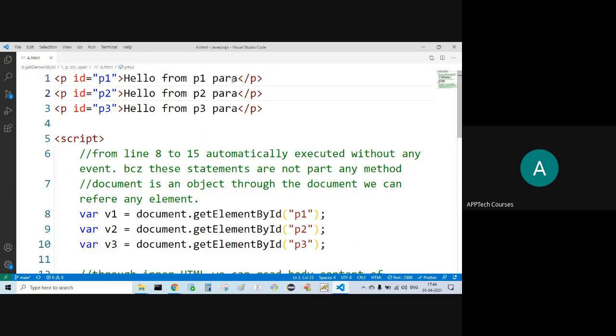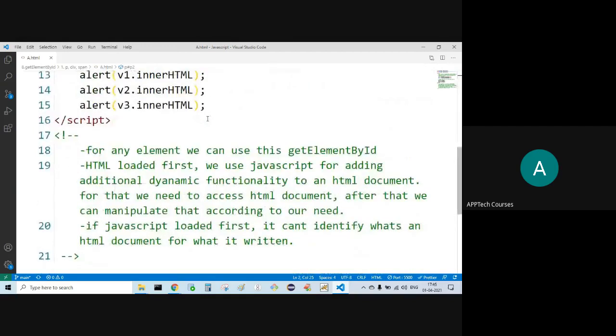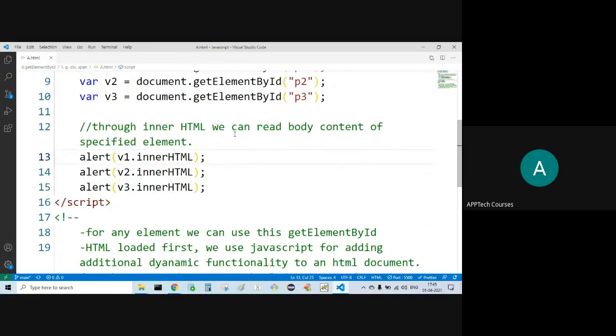Hello from P1 para. Through innerHTML, we can read the body content of the specified element.